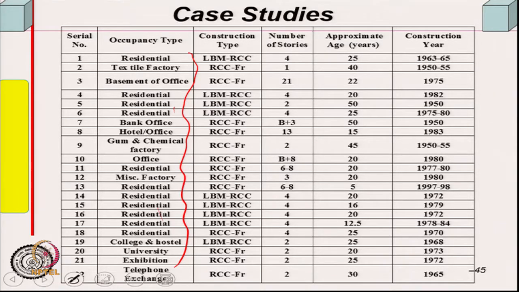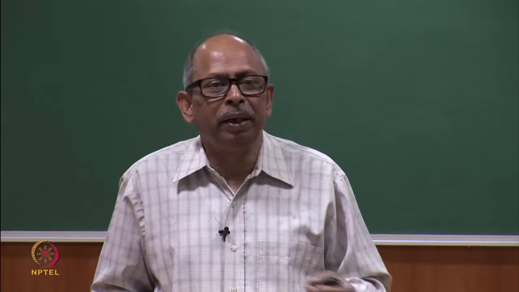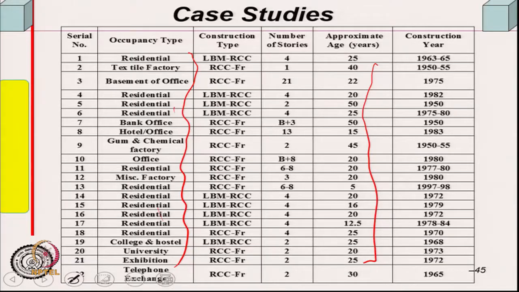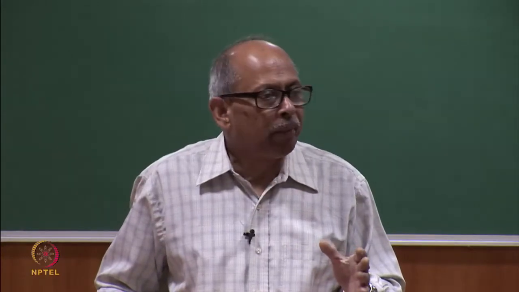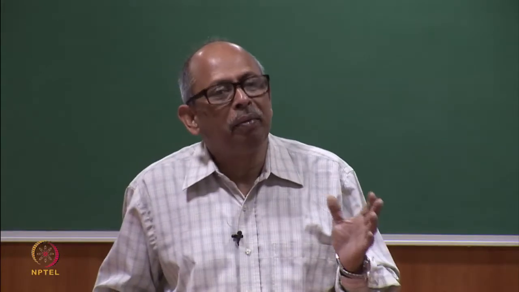People do not investigate in between. Once they face the problem, when you need extensive repair, only then do they come for investigation. So the age at which investigation was done is approximate. This varies from 5 years, which is the minimum, to somewhere around 50 years maximum. Some buildings showed excessive corrosion distress after 5 years and some after 50 years.